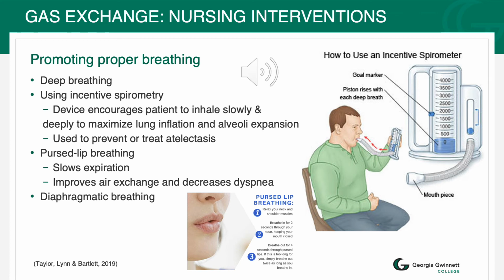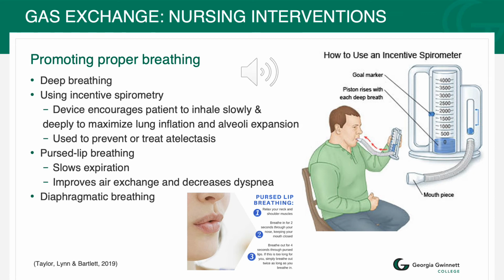Now on the right-hand side there, you're going to see a little blue ball that has two arrows to the right of it. When they are using this incentive spirometer, you want that ball to float in between those two arrows,